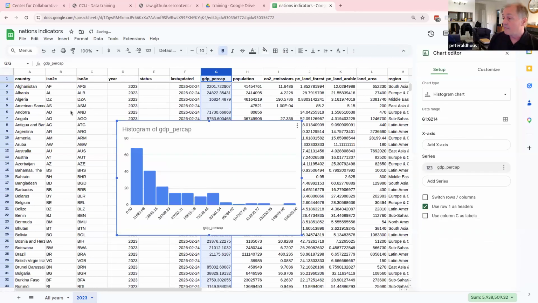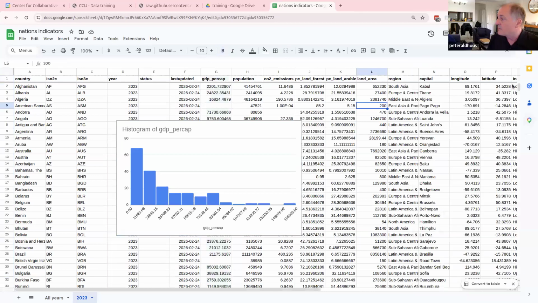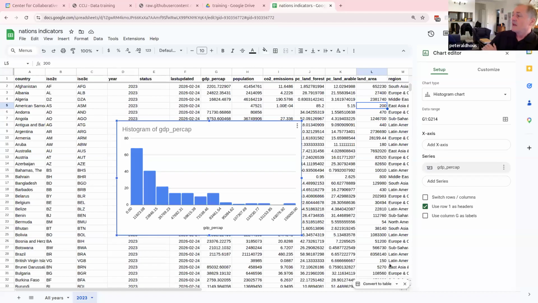And when I do that, actually by default, it's going to create you a histogram. The increments it's used are rather weird, because it's selecting the number of columns to create rather than thinking about the values that that will give you. So we can customize that, go over to the chart editor, which opens up automatically. You can also find it there. In fact, now I'm going to have to find it there because I closed it by accident. And then you can go and customize it. So